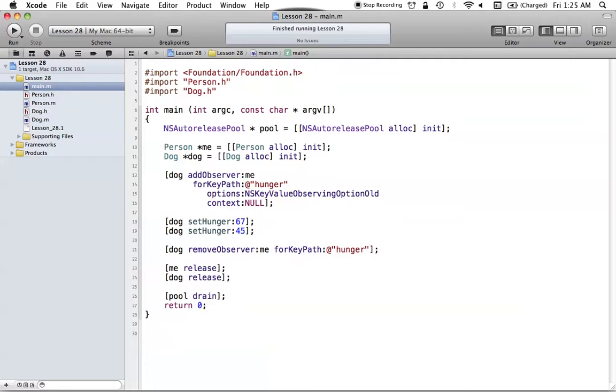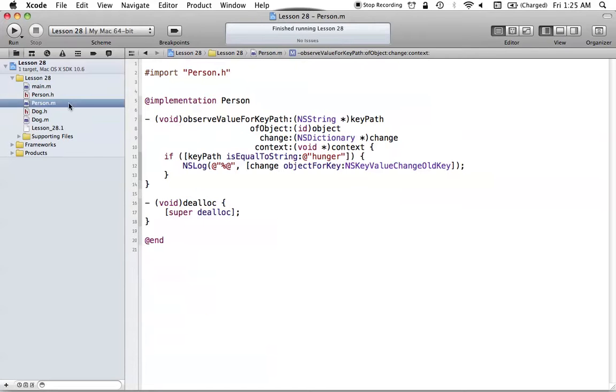In this case, we were monitoring the dog's hunger value. We're able to observe either the old values before they are changed, or the new values after they are changed. And whenever the dog decides to set the hunger, so it changes the hunger value, then our